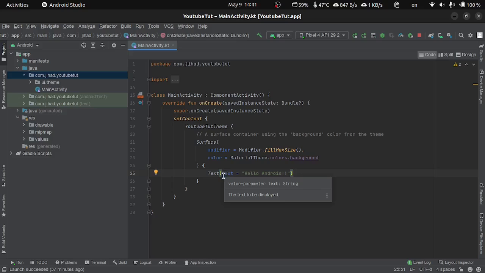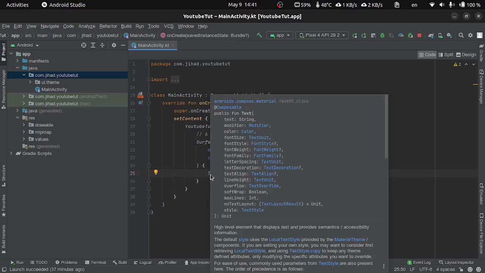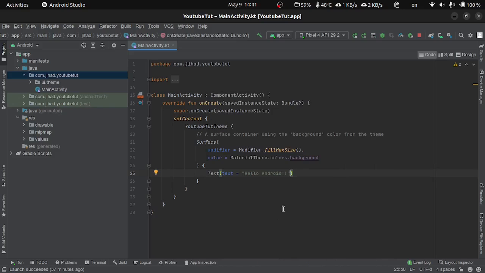So here the text is a property of the text composable. Okay, so how to know